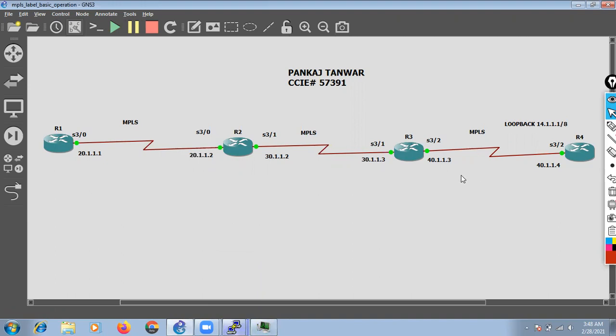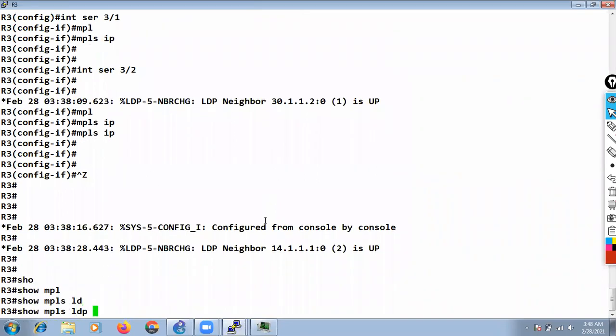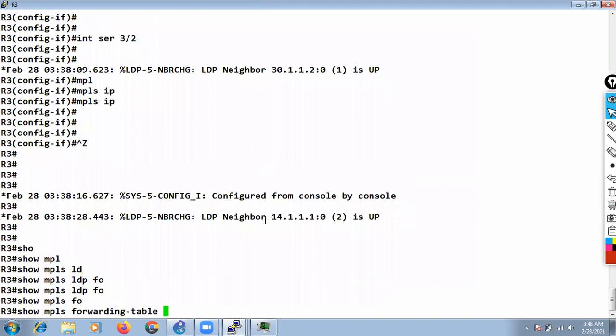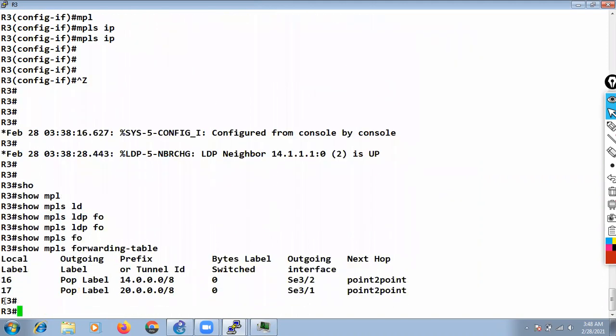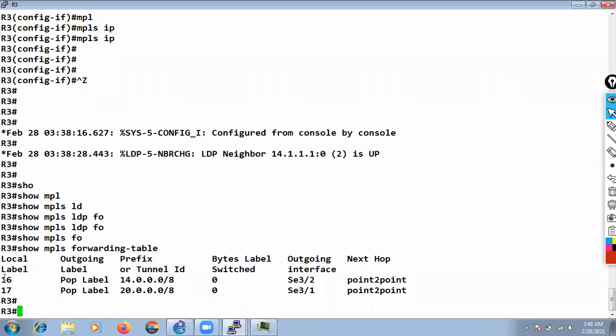This information I can check at R3. If I do show mpls ldp forwarding table, or simply show mpls forwarding-table, this is the LFIB that we discussed in our previous lecture, right?